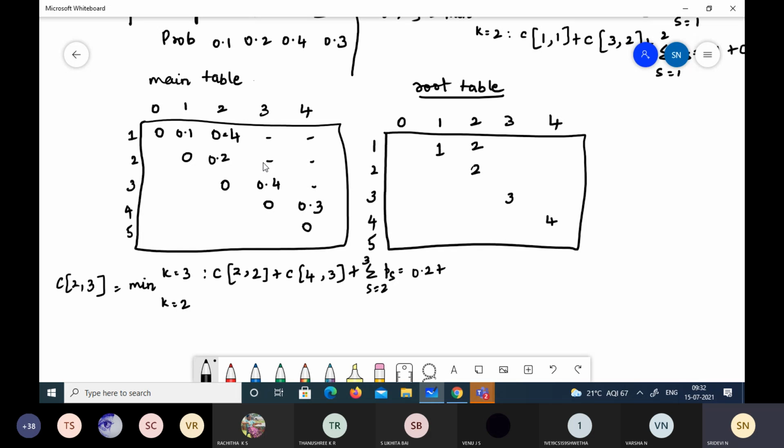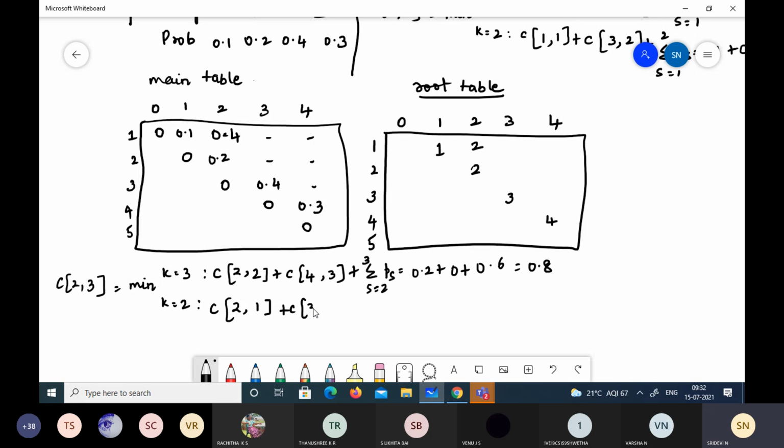Let's check here. This one is 0, plus P2 P3. P2 is 0.2, P3 is 0.4. So 0.2 plus 0.4 is 0.6. So totally what is the cost? 0.8. Fine.